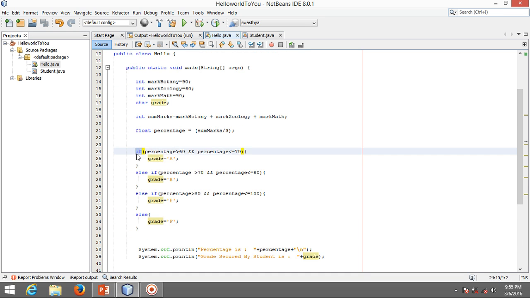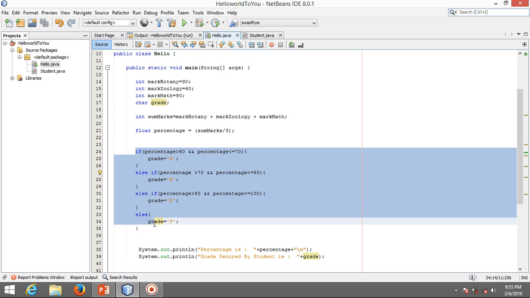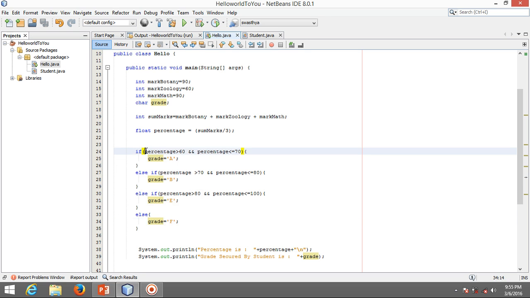This if is a condition and this else if is another condition. What these conditions are saying is if the percentage doesn't belong to this category, then it will come to this category over here in else if.